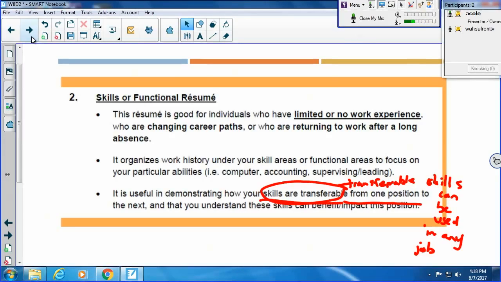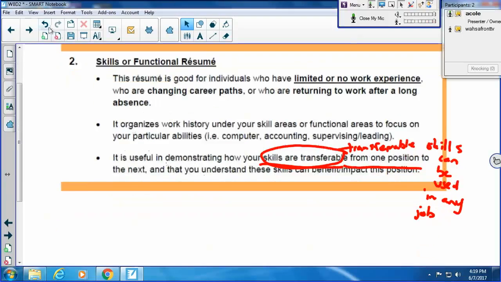But what if that same person turned around and said, "Oh, I'm tired of working in this field of work. I want to switch to a different field." They can focus on their transferable skills, the skills that they've developed, like organizational skills, or even computer skills is another good example, that are useful for any position that you might have. So this kind of resume, the skills or functional resume, allows people to say, these are the skills that I have, and this is how these skills would benefit a particular position that I'm trying to get.